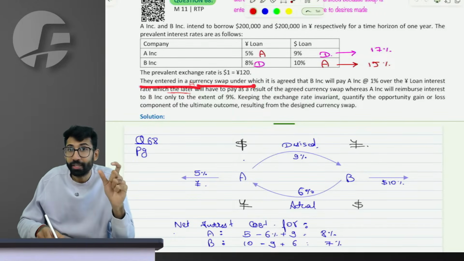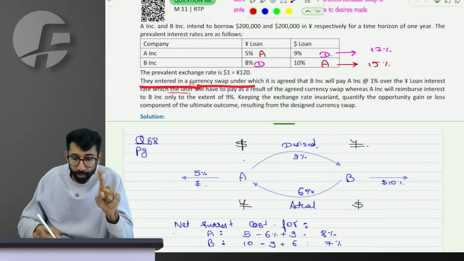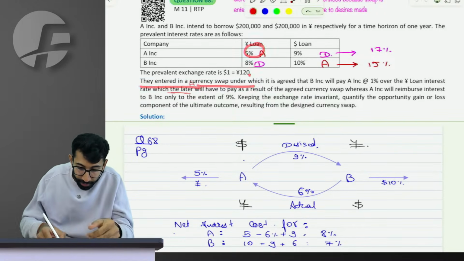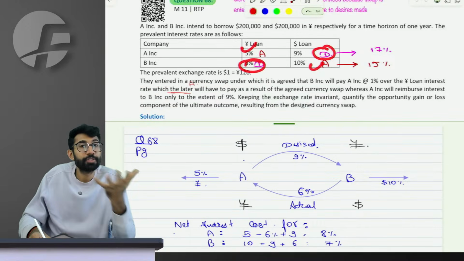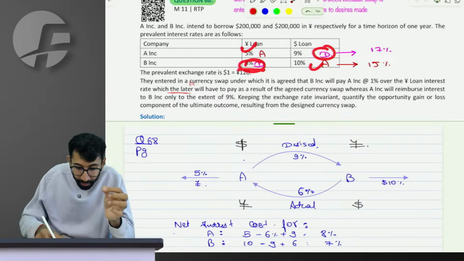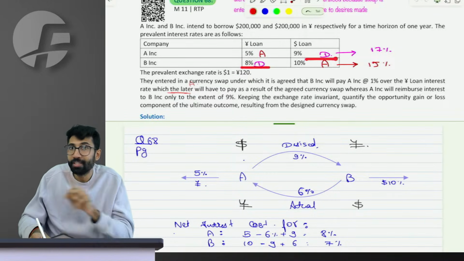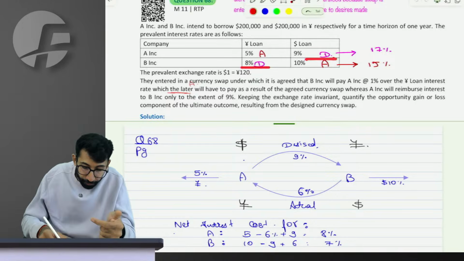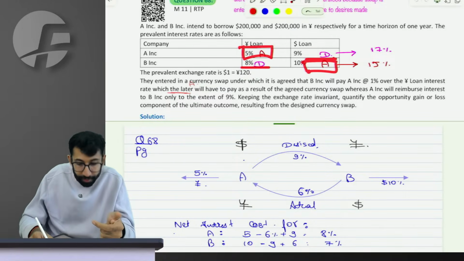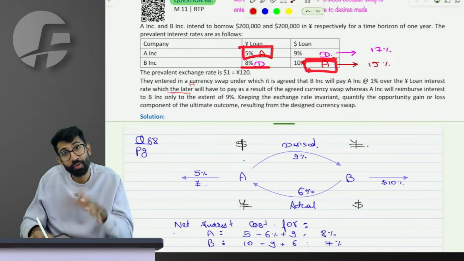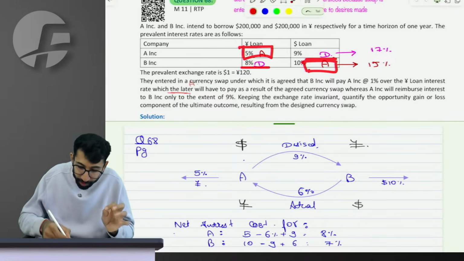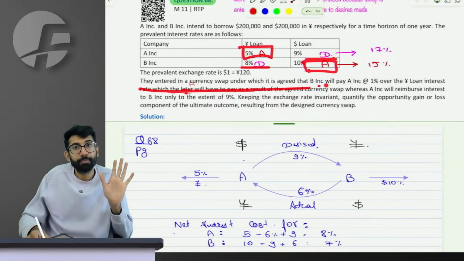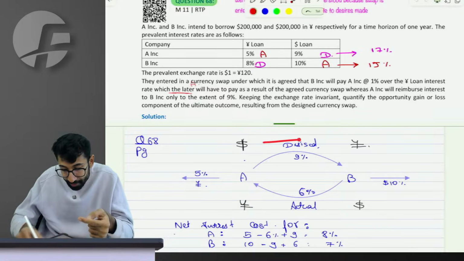Please observe something. The institute will not mention that what was available was expensive. So first you do otherwise or opposite of your desire. What you desired was expensive. So the examiner will not specify that first you borrow opposite to your desire and then you enter into a swap. That is your understanding of the question, that okay, this has happened, which is why they are entering into a swap. And now the swap terms will start,